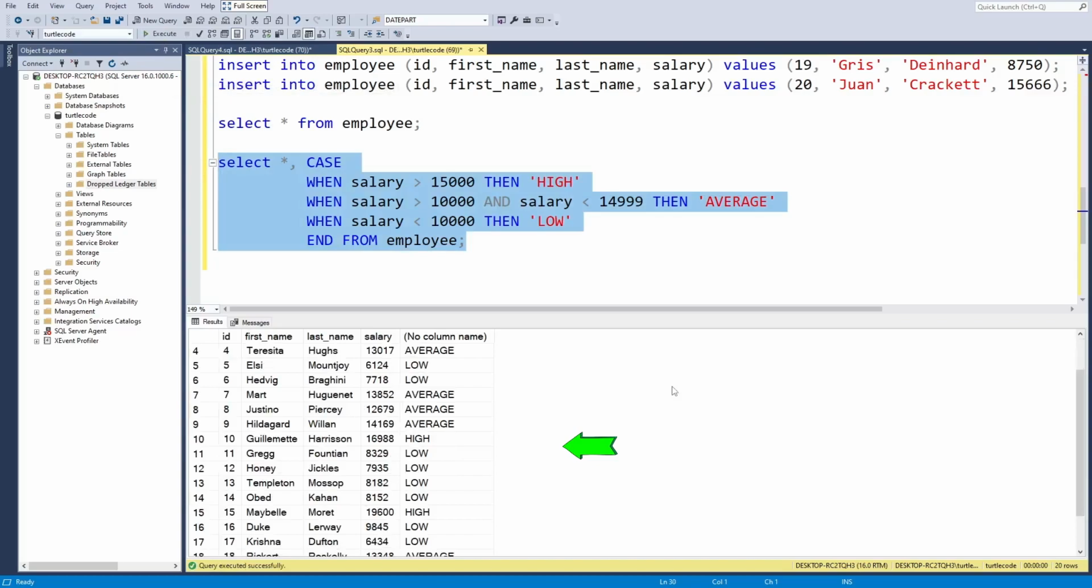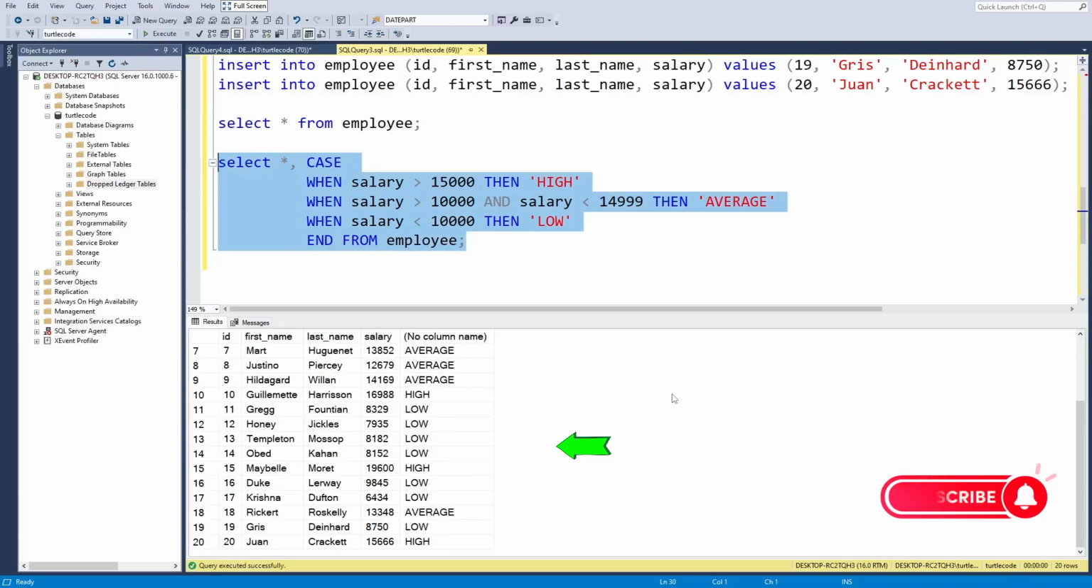As you can see, I can control the data to be printed in the new column according to the data